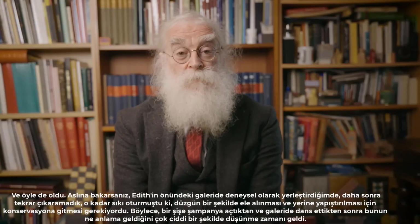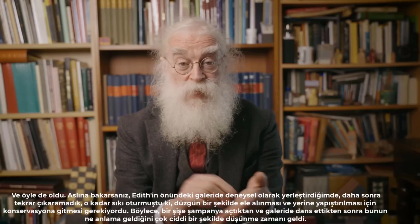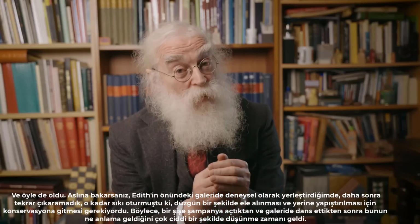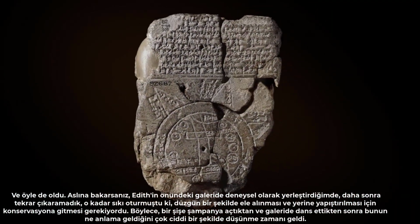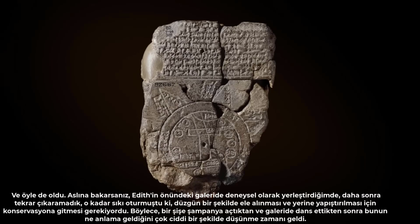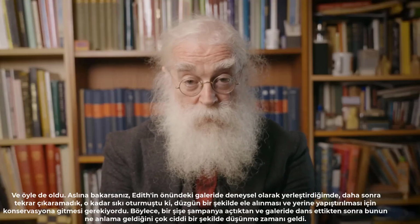And it did. As a matter of fact, when I put it in experimentally in the gallery in front of Edith, we couldn't get it out again afterwards. It was such a snug fit, and it had to go down to conservation to be dealt with properly and glued in position. So, having opened a bottle of bubbly and danced around in the gallery,